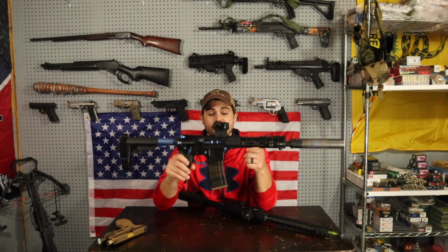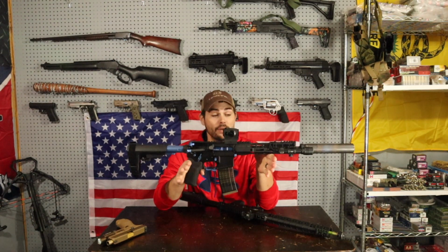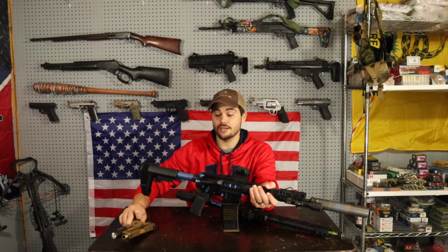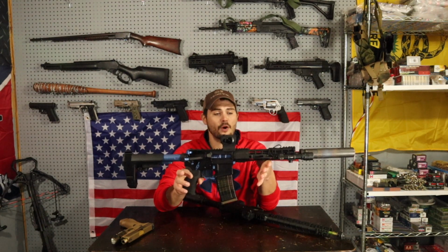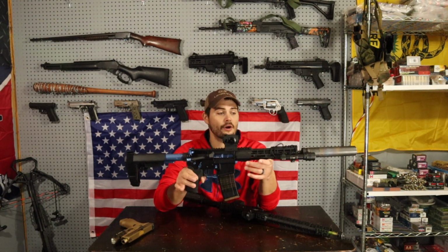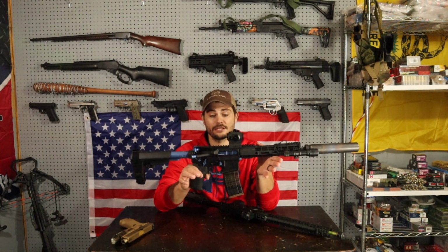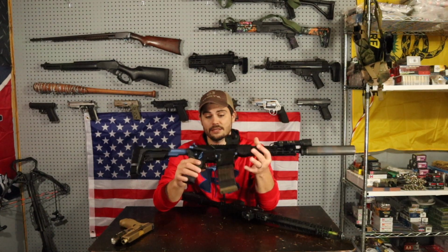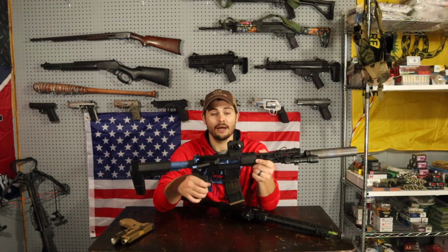But yeah, so my main AR, this gun stays loaded. There's never one in the chamber, but the magazine does stay loaded, and it's like my Glock 19X. This gun goes everywhere with me. This is my 300 Blackout. It's on an Aero Precision upper, lower, Atlas S1 handguard. It has a Faxon 10.5-inch barrel. It has Strike Industries accents: trigger guard, takedown pins, forward assist, ambi safety, charging handle, buffer tube, and it has